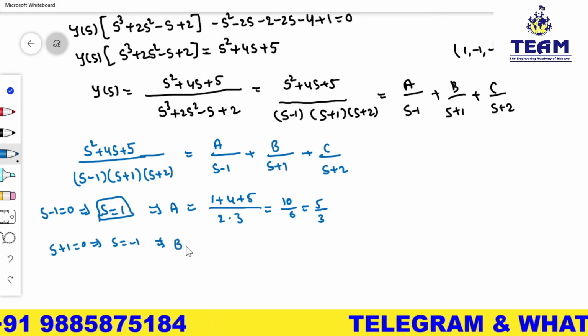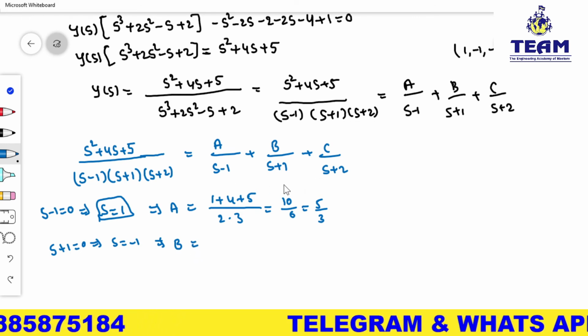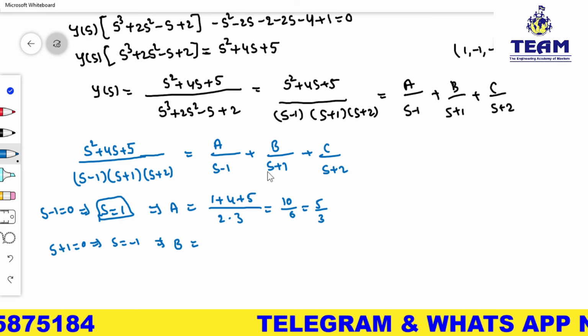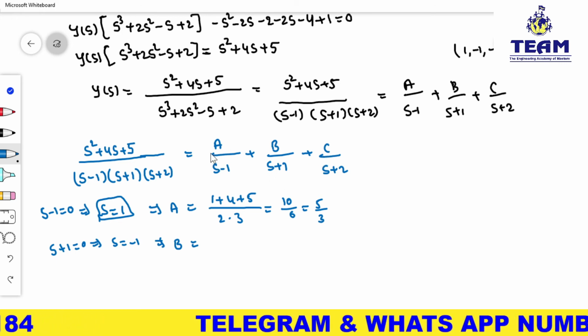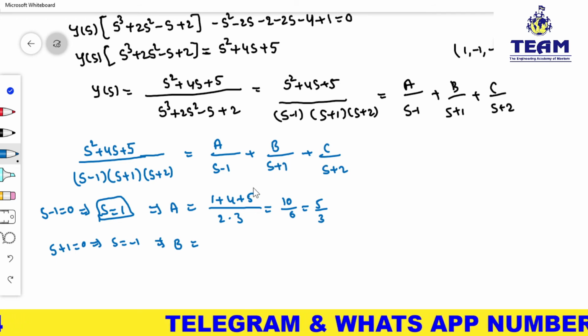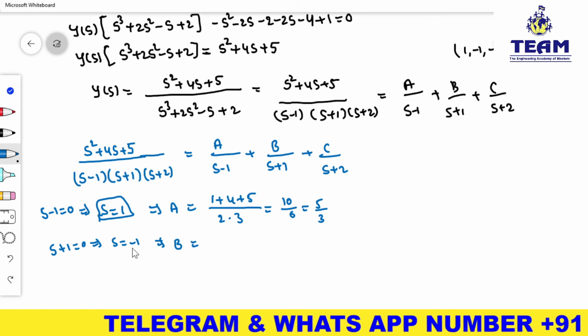B. You will get the capital B value. In the linear factor only it is possible. Remaining it is not possible. That you have to remember. Now in this case, A quotient is s plus 1, C quotient is also s plus 1. So this term will be 0, this term will be 0, and the denominator s plus 1 and here s plus 1 both are getting cancelled. Then the remaining term you put s is equal to minus 1.